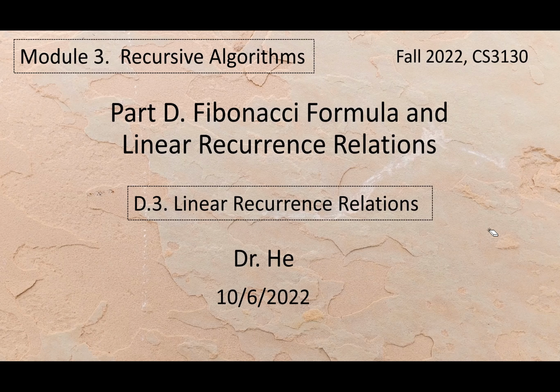What are we doing here? The topic is D.3, linear recurrence relations. What is the goal we are doing here? So here we are at this step,